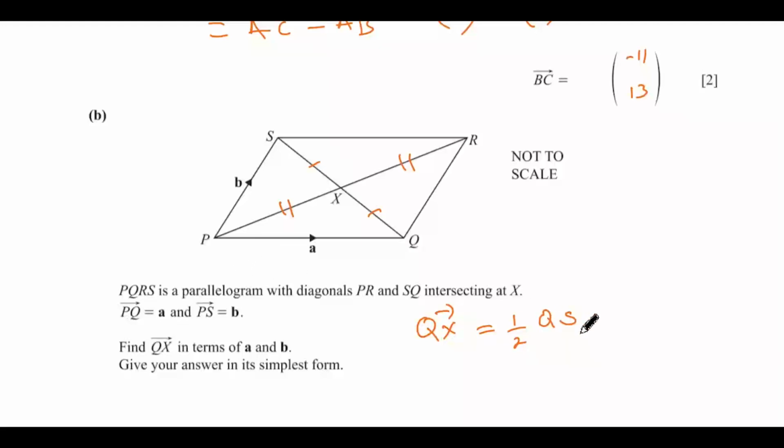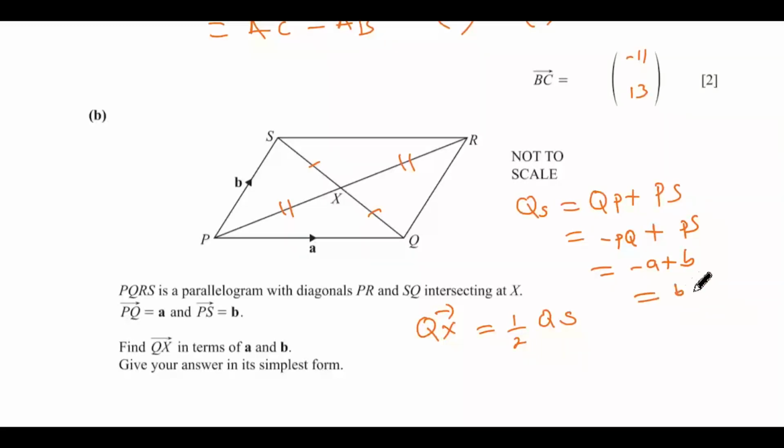So we need to find vector QS. This is pretty easy. From the diagram, vector QS will be equal to QP plus PS, which is equal to... we don't have QP, but we have PQ. So that will be minus PQ plus PS. That will be equal to minus A plus B, which is the same